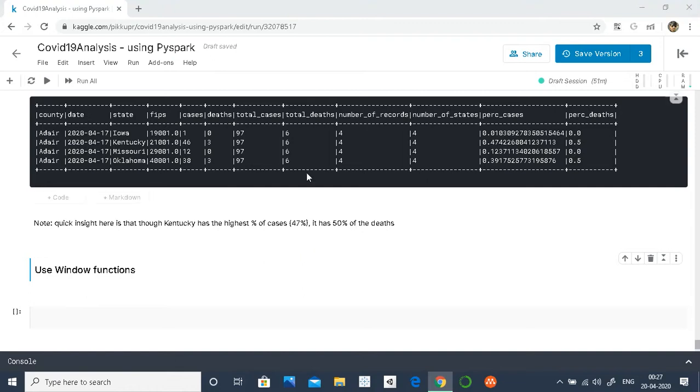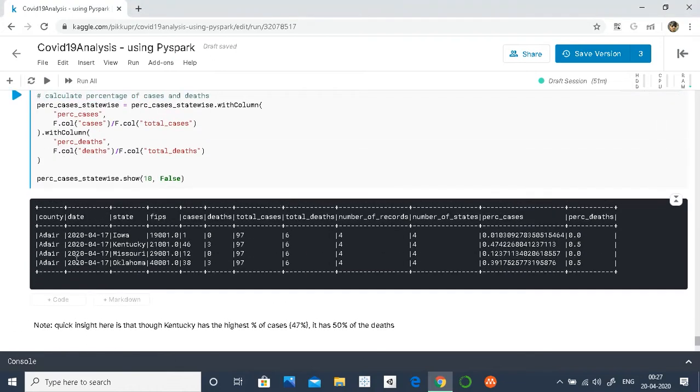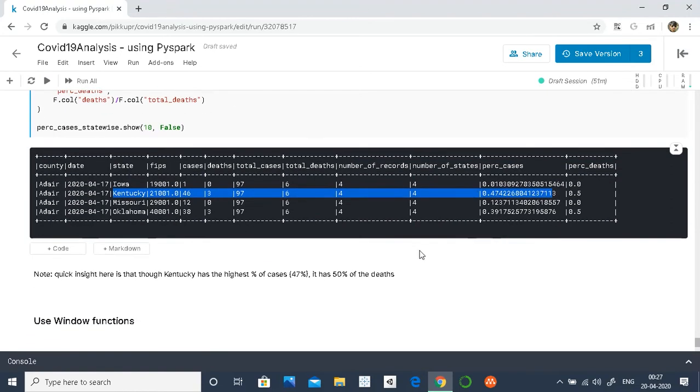In the previous part, for a county area, we saw the distribution of cases across these states. We found that the highest was coming from Kentucky, which earlier was more than 50% but now is around 47%.